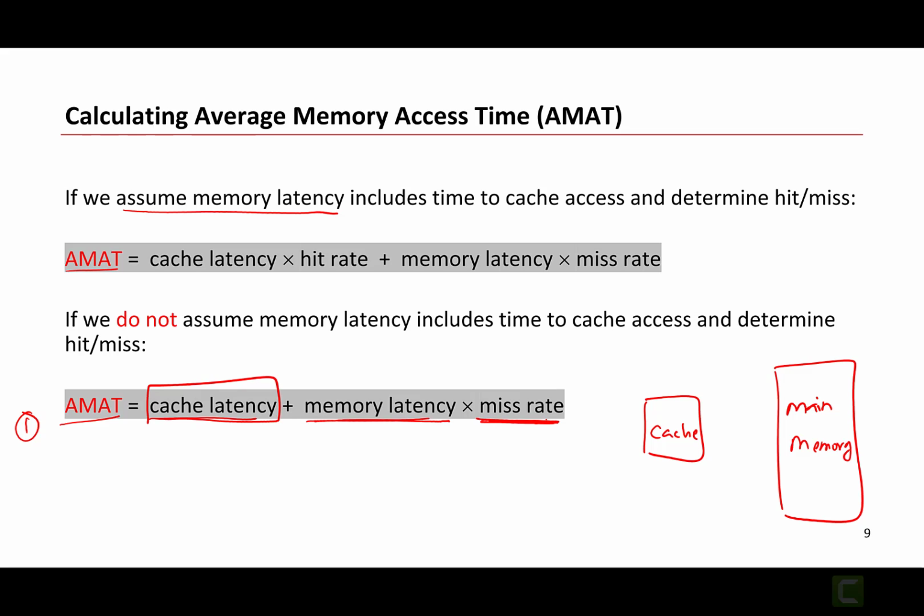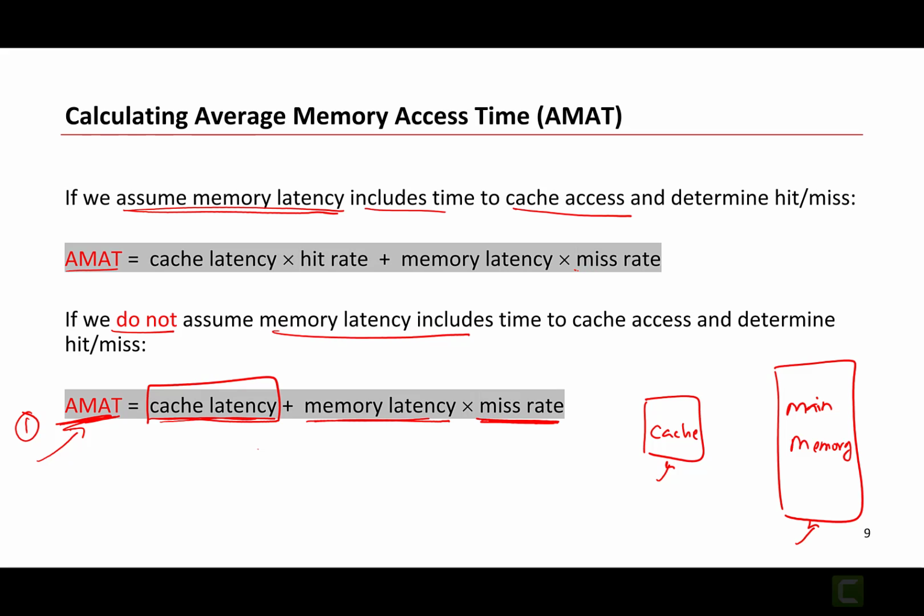Now, this way of calculating AMAT is correct only if we assume that the memory latency does not include the cache access latency. Now that's a reasonable way to think about it, right? So I would specify, okay, what's the time it takes to access main memory, what's the time to access the cache, so you can plug those numbers in and compute AMAT. That's correct. But sometimes in a few problems, they may state that, assume the memory latency includes the time to access the cache. So now what that means is,